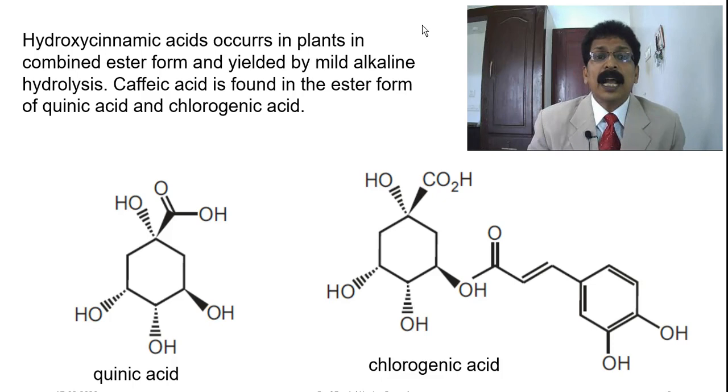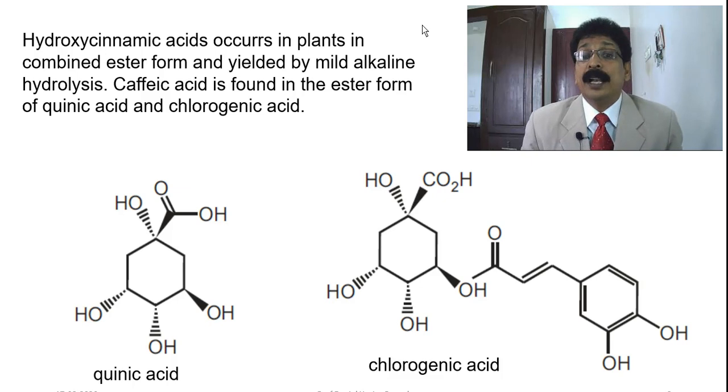Quinic acid, you can see, has 4 OH groups and an acid group. And chlorogenic acid also has 4 OH groups and a side chain, along with one carboxylic group. So when these two acids link together through an acid and an OH group, by removal